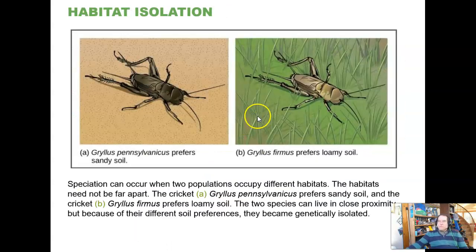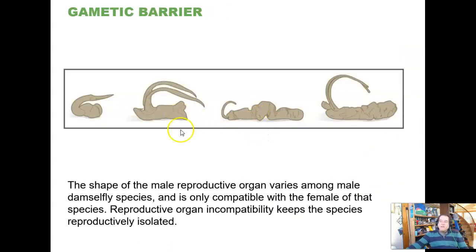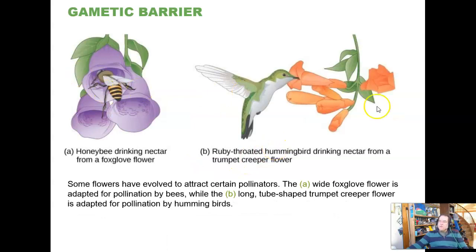Here are some examples of temporal, habitat, and gametic barriers. So this is damselflies right here. These are the reproductive organs of some insects, and they can't copulate with each other because their reproductive structures look different from each other. Arthropods have exoskeletons, including on their reproductive organs, and so they really are a lock-and-key sort of thing. If the lock and key don't fit together just right, they can't reproduce, and so that's oftentimes a barrier to gametes getting together, structural things. Same thing with pollinators and flowers, right?